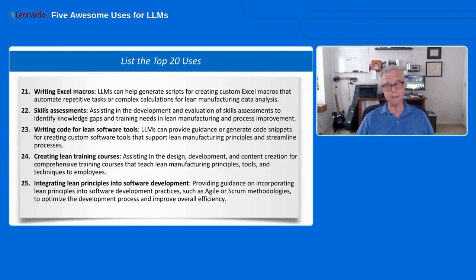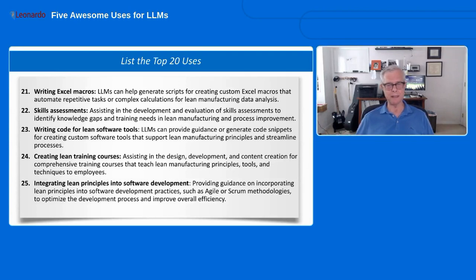Writing code is a big use for LLMs. So writing code in our case for tools that you might want to use, lean software tools. I'm not talking about macros here. I'm talking about writing Python code, writing programs to do specific things. And then it'll create lean training courses. I've done this actually quite a bit. Again, you need to know your subject.